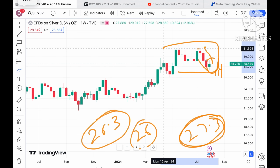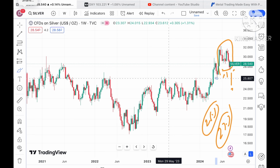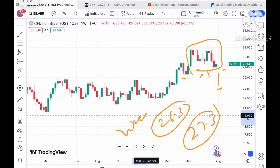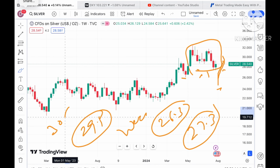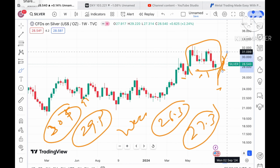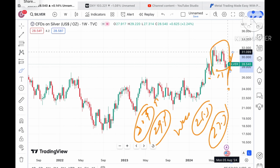Okay, now if you look at this particular trend, this is the zone where the price is moving. This particular chart trend is towards an upside. If we go on a weekly basis, if it sustains above level 29.5, then we can see a further upside movement. Then it can cross a level of $30 and then a further high. And as soon as the price starts going above this level, we can see it will cross a level of